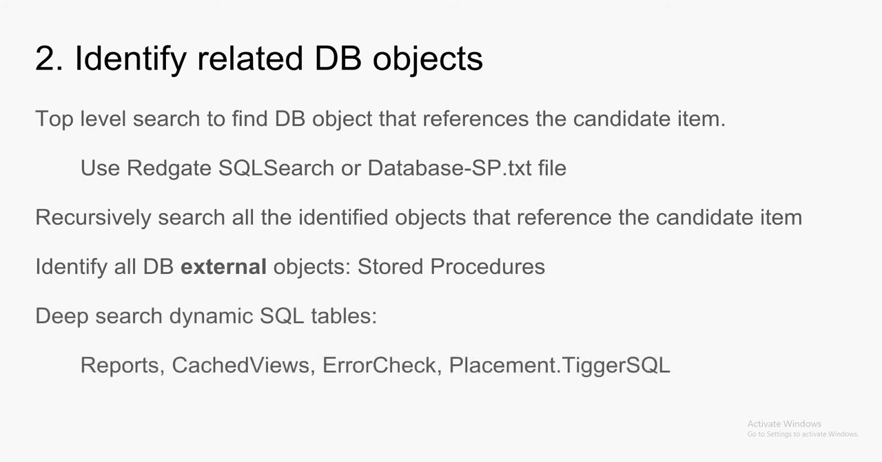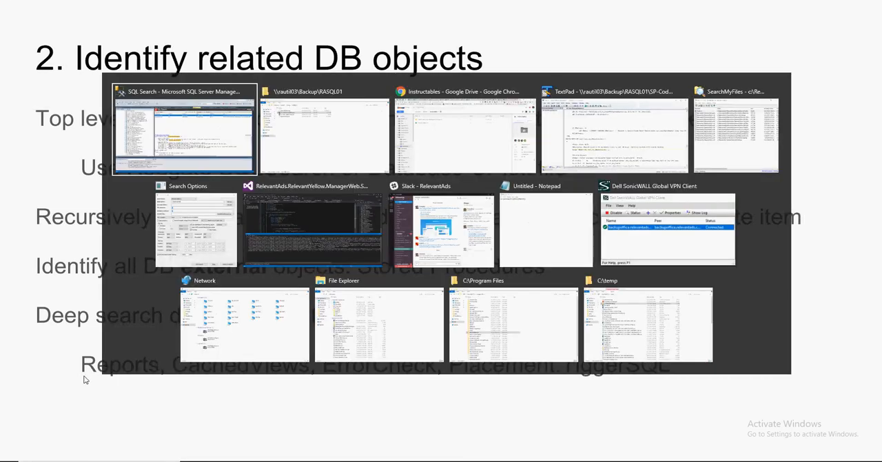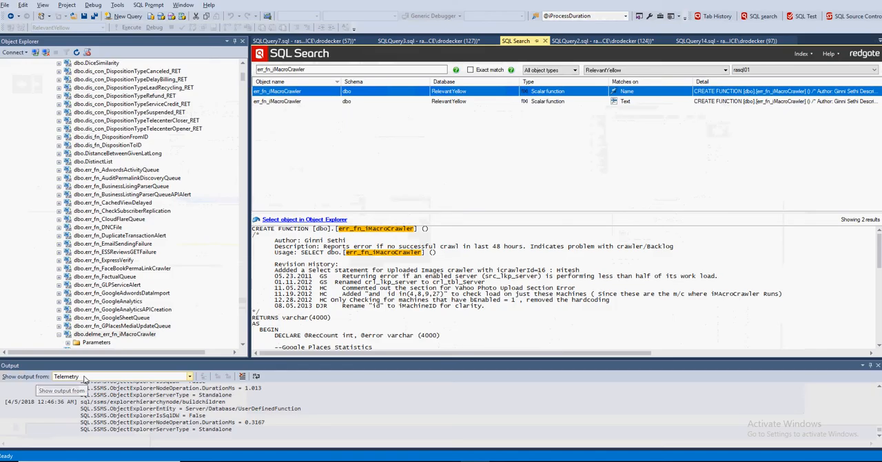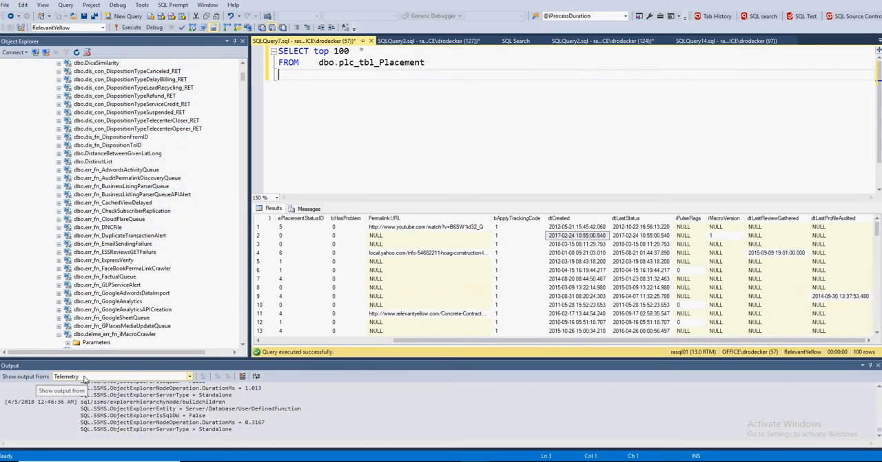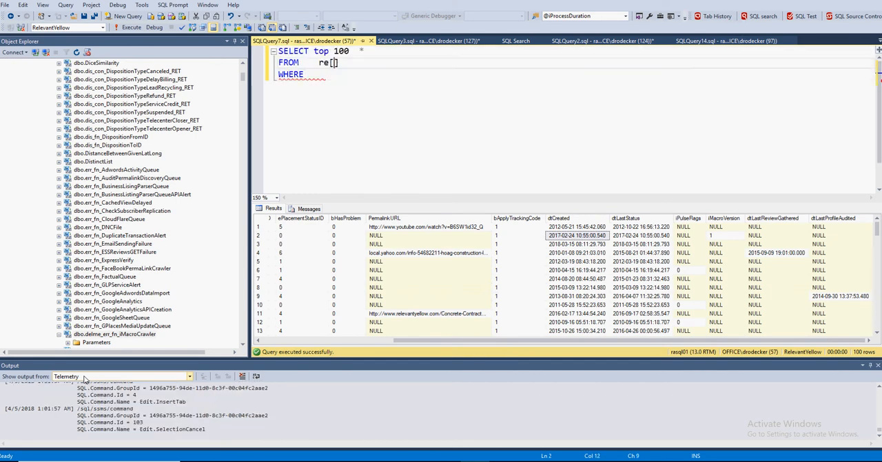One other thing I should go check though is, well, if it's used in an error check, and this one is, reports, cached views, or placement trigger SQL statement. So how do I go check all of those? Unfortunately, I have to check each one of these separately. So let's say I want to go see if it's used in reports. Well, the reports are here